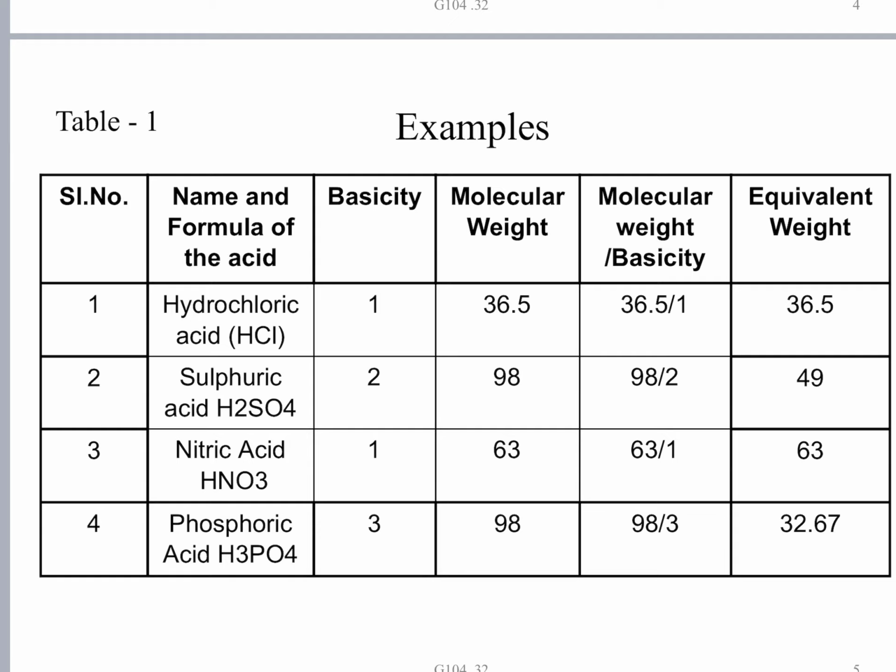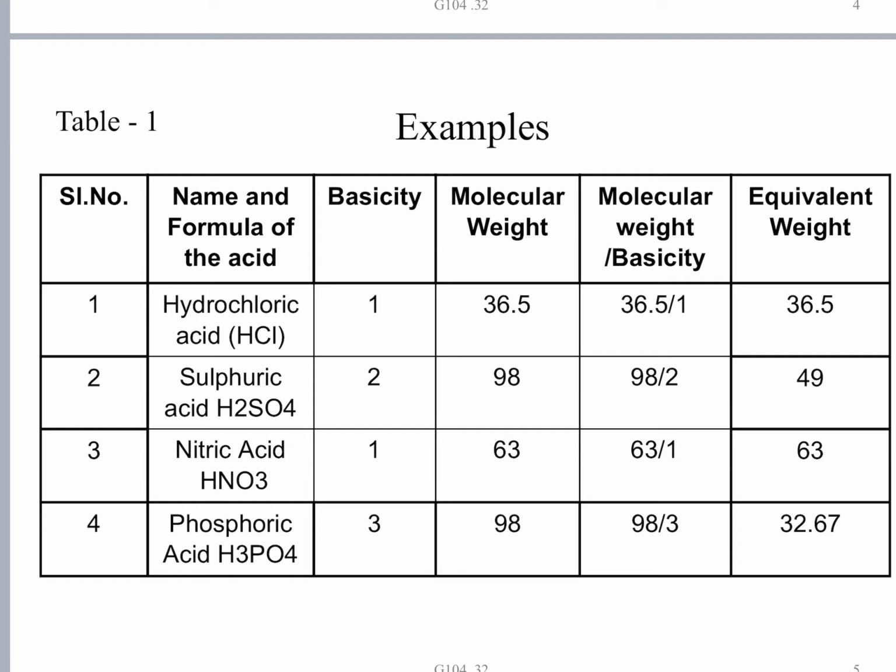In the case of monovalent acids, the molecular weight is identical to the equivalent weight. You can see this obviously, because here the molecular weight is divided by 1, and a quantity will not change if it is either multiplied or divided by 1. So in the case of hydrochloric acid, both the molecular weight as well as the equivalent weight are the same, that is 36.5 grams.